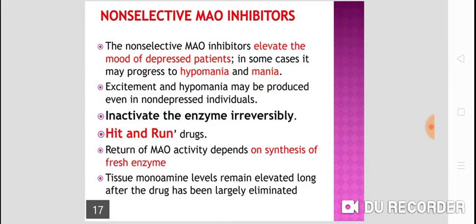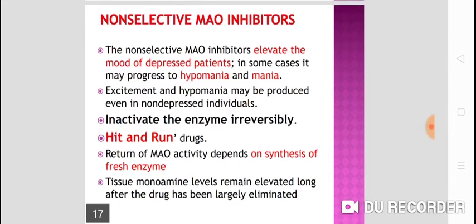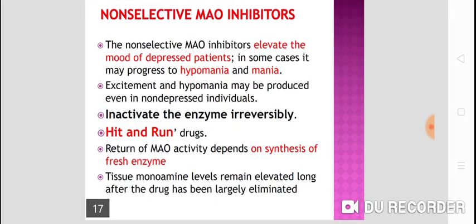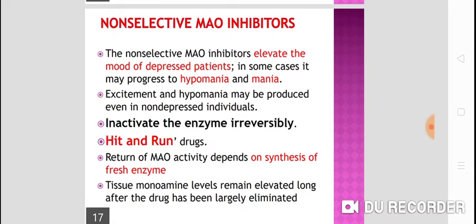Till the formation of new enzyme, monoamine oxidase activity will not return. Why? Because the drug inactivates the enzyme irreversibly, and so tissue